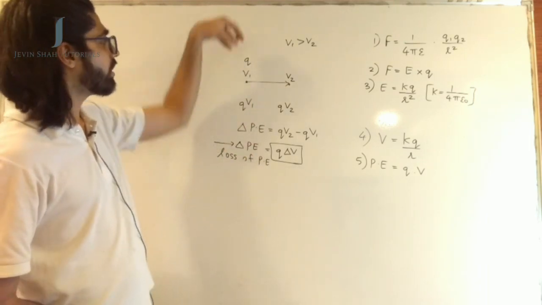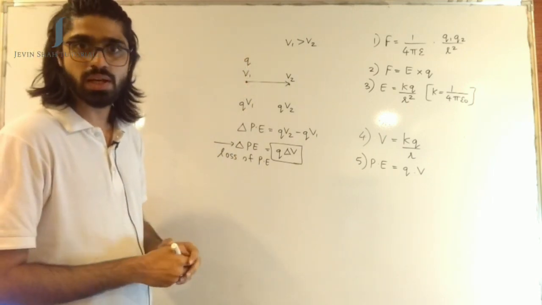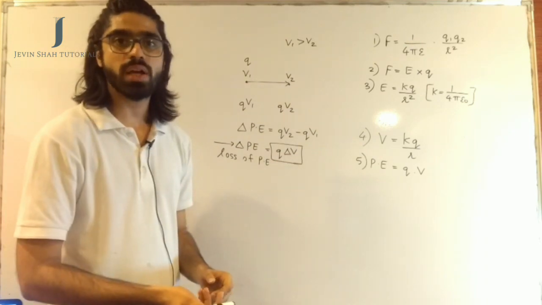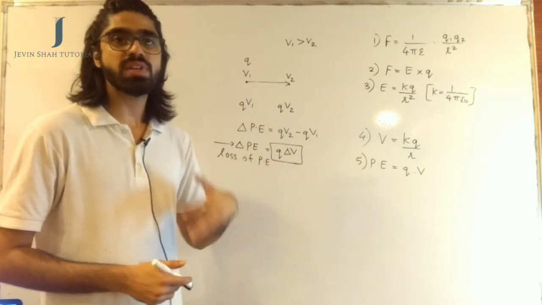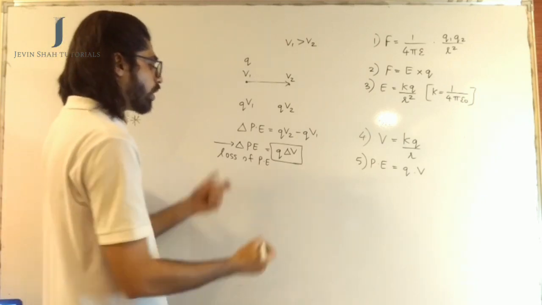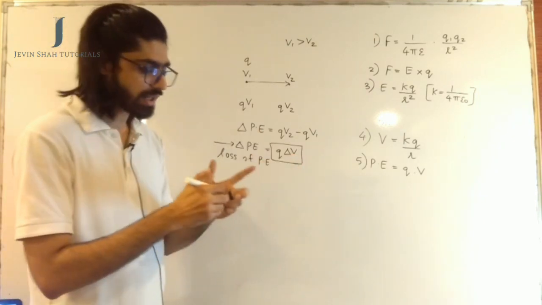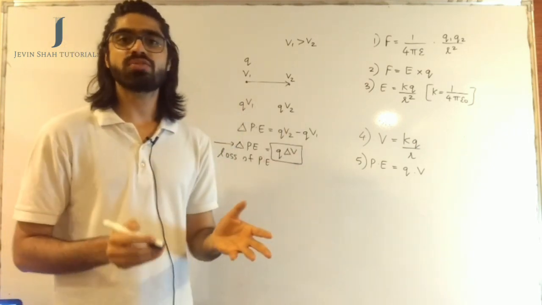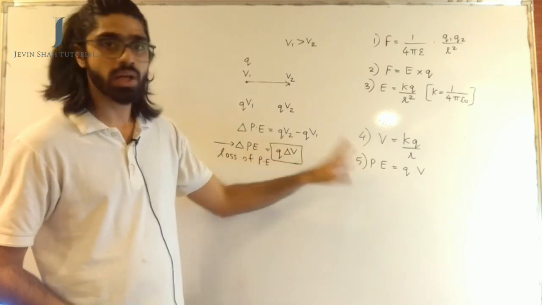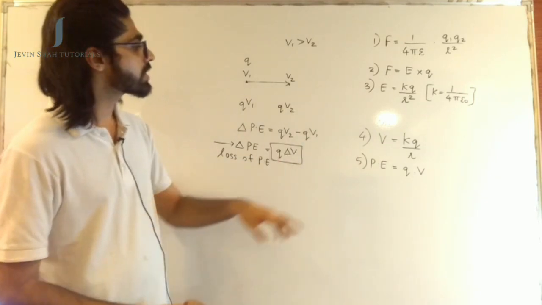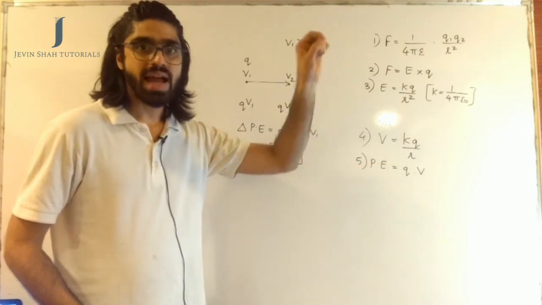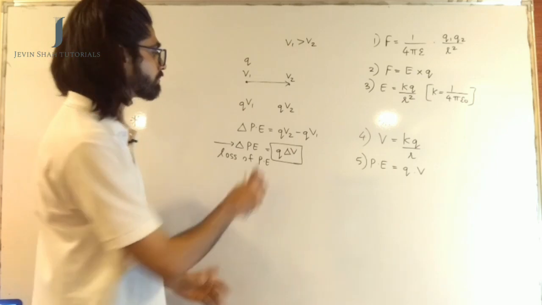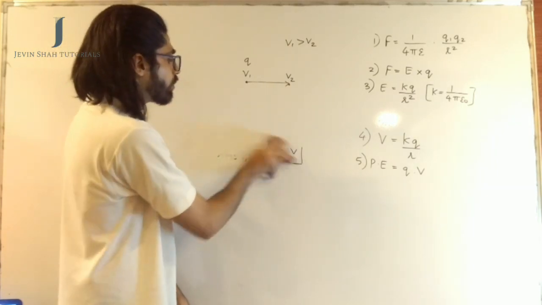Because the charge Q over here, if I'm putting a charge Q out here which is at rest, and by itself it tries to move towards V2, there is a movement that the charge Q acquires, and because it acquires a movement, we say that it acquires a velocity. So we say that loss of potential energy will be the gain in kinetic energy, and the gain in kinetic energy will also be Q delta V. So these are some kind of discussions which can keep happening around the fifth point. In short, what you need to understand is, if you are putting a charge Q at a point where the potential is V, the potential energy of that charge will be given by Q into V.